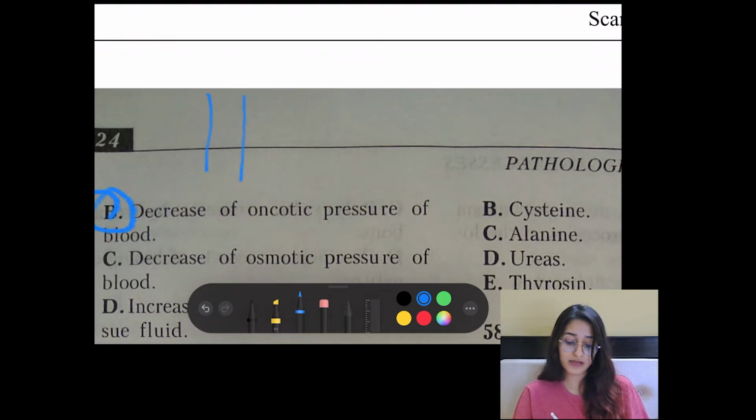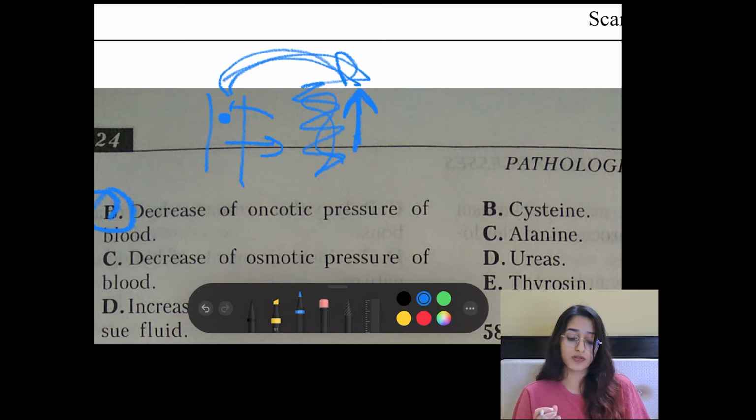So when there is a blood vessel, due to increased hydrostatic pressure, there will be movement of water from the vessel to the tissues. But what is oncotic pressure? Proteins have the capability to attract water. So when there is increased oncotic pressure, the water will come inside the blood vessels, in simple language. Therefore when there is decreased oncotic pressure, relatively the proteins in the surrounding tissue will increase, and this increased protein will attract water. So the water will go from the blood vessel to the surrounding tissue, leading to edema.